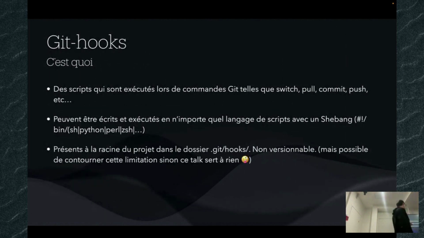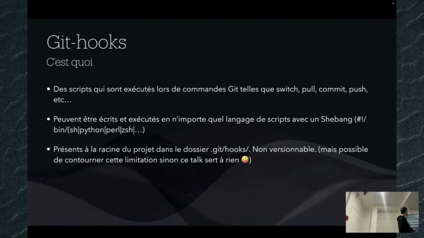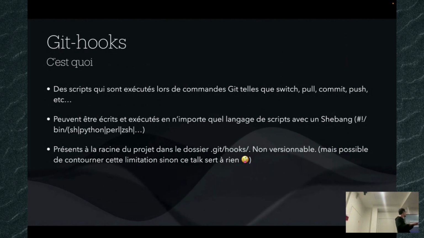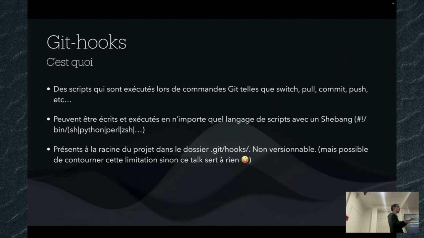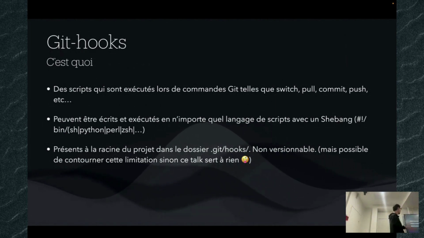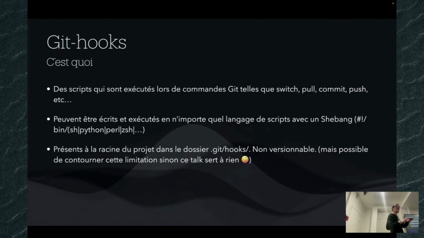So first of all, just to speak to everyone, what are Git hooks? Because not all people are using them. They are scripts that are run when you are running some Git commands. Depending on the command you are using, such as a checkout, a switch, a push, a commit, or well, a lot, there are scripts that are triggered before or after those commands.